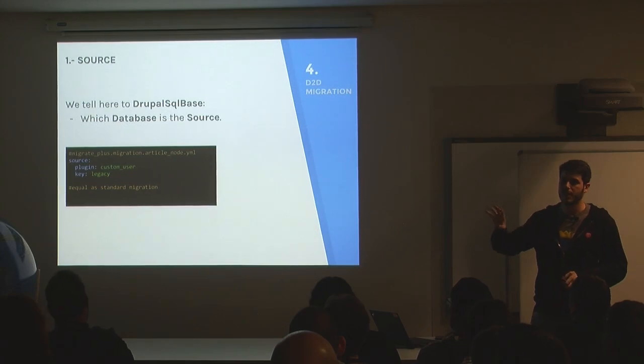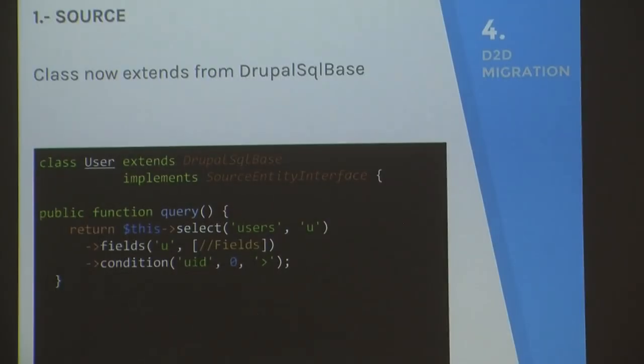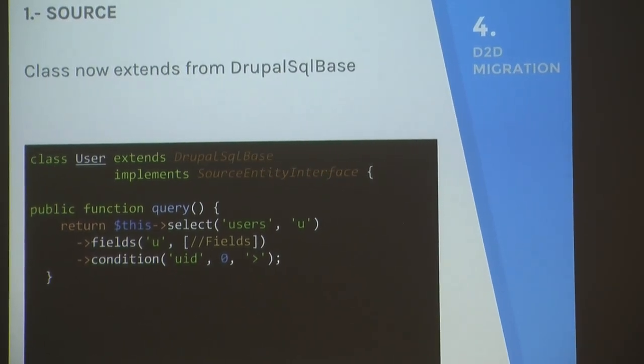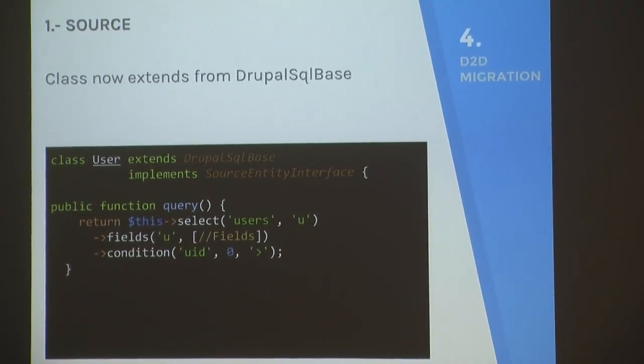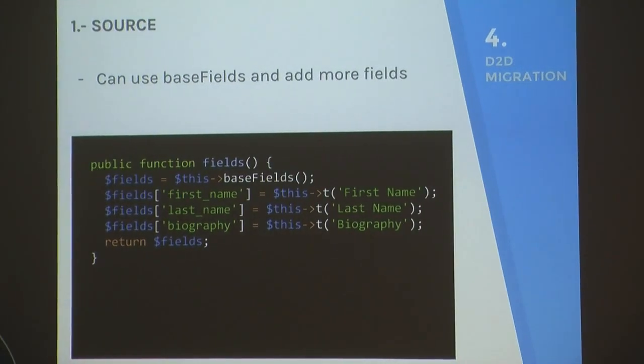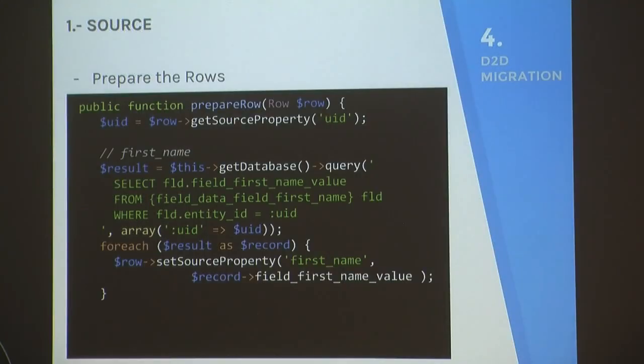Drupal SQL base extends from SQL base as in the previous migration. Drupal SQL base has query, the same as before, and in fields we have this useful function, provide Drupal 8 fields, okay? It's the same. Get database, get source property, set source property,